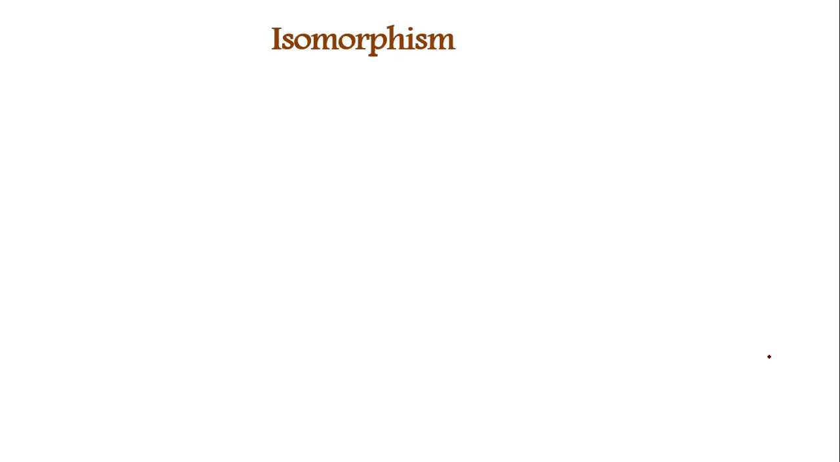Now what is isomorphism? Now name itself says, iso का मतलब क्या होता है? Same. Iso यानी same. Morphism का मतलब है structure. Structure is same. Okay. Now two or more substances having same crystal structure are said to be isomorphous. क्या है इसका definition? Two or more substances